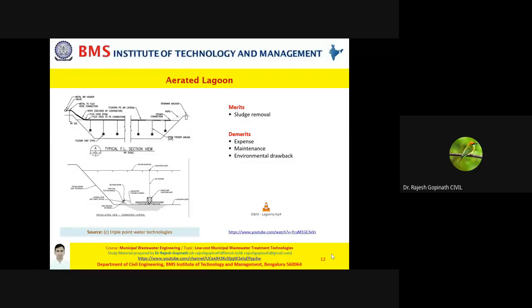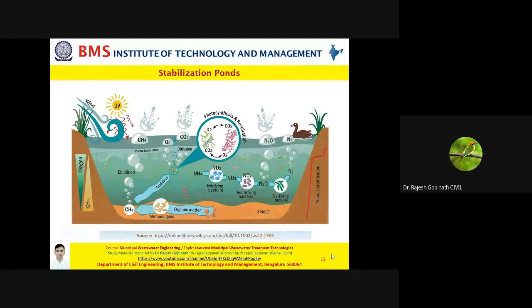So now let's move to the next type, and that's your stabilization ponds. Now I want you to observe very carefully with respect to your stabilization ponds. It's a beautiful representation. Look at the name of the chemicals: methane, oxygen, carbon dioxide, ammonia, nitrogen dioxide, nitrogen trioxide, again an oxide of nitrogen, nitrogen gas. Look at the bacteria. You've got nitrifying bacteria, you've got denitrifying bacteria, you've got nitrogen fixing bacteria. Literally, you've got the nitrogen cycle taking place here.